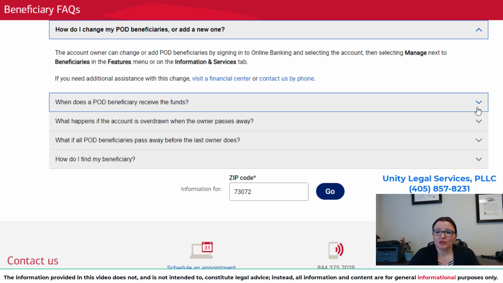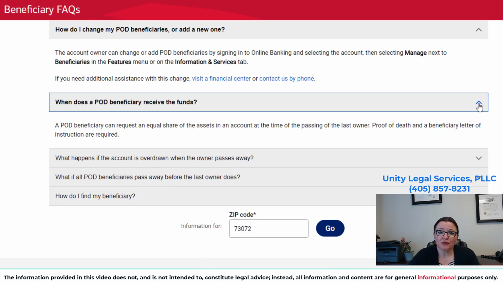When does the POD receive the funds? A POD can request a share. It says at the time of the passing of the last owner, proof of death and a beneficiary letter instructions are required. It doesn't happen immediately, so if grandma died today, you can't go to the bank tomorrow and get the money, even if you are listed as a POD, because the bank will require proof of death, which is a